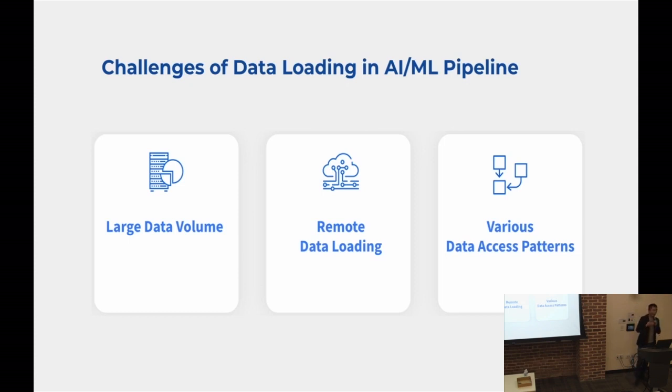You cannot always load data from your local machine or your local data center. And also, as I mentioned in my previous sections, the data pattern will be very diversified. Again, if your data volume is small, it doesn't matter. But if you have a large data to load, we really need to care about the data